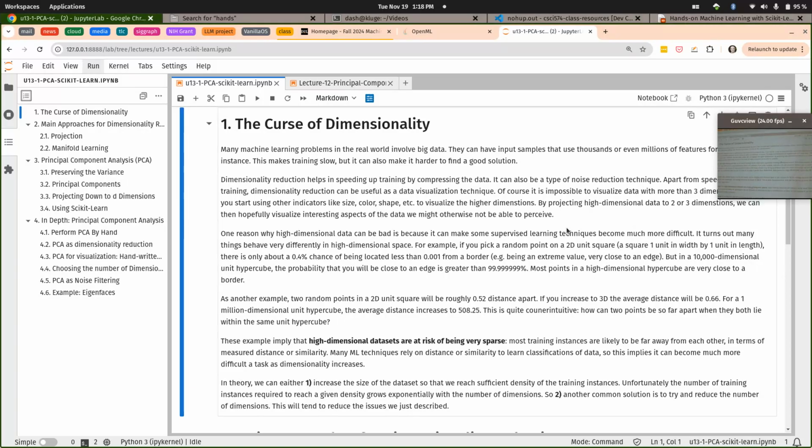The example from the textbook is, imagine that you're generating the value of these features at random, and what's the chance that something is 0.001 from the border? So being that close to the border is